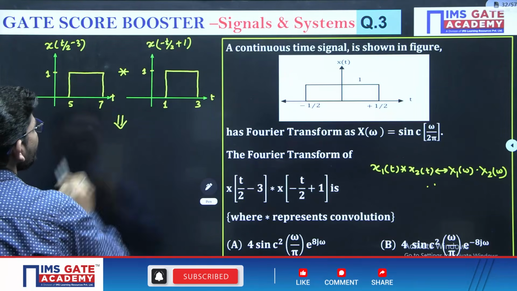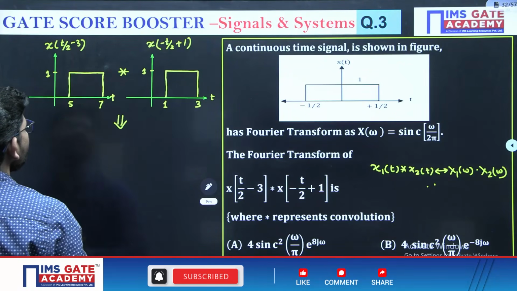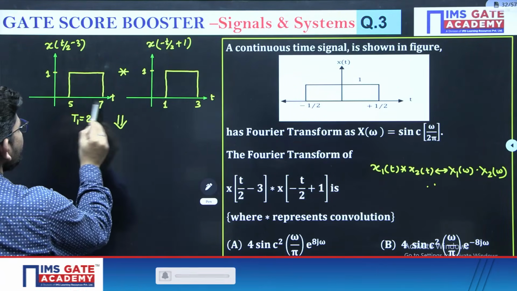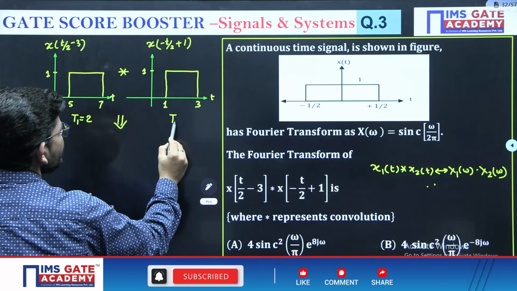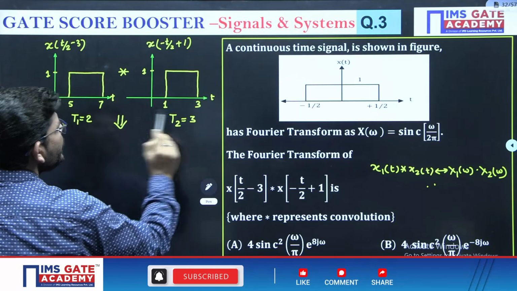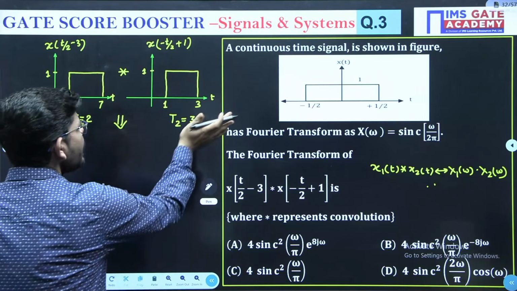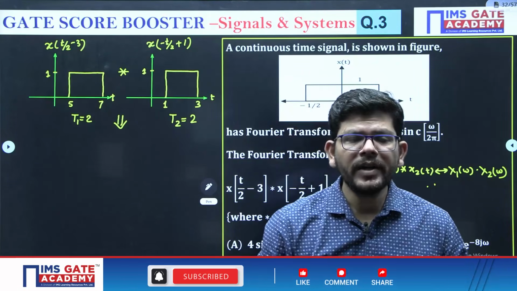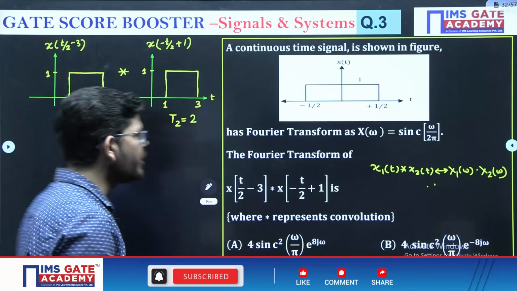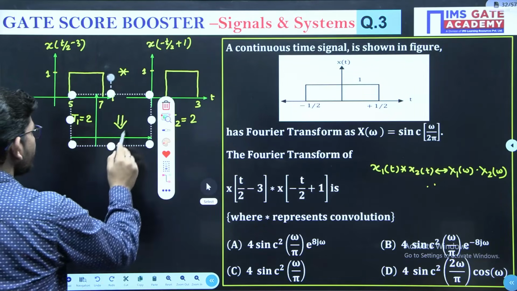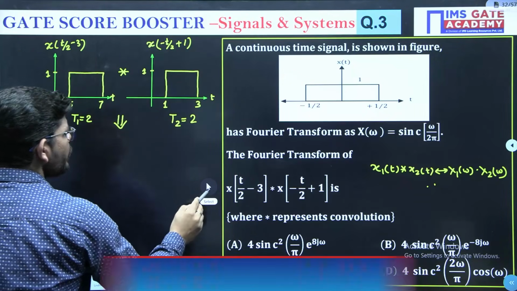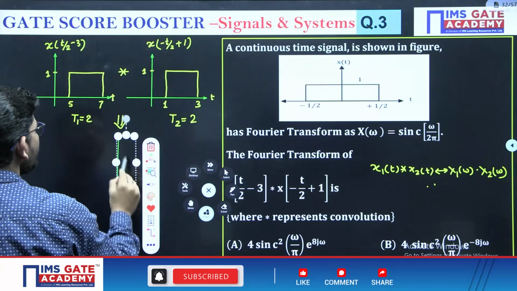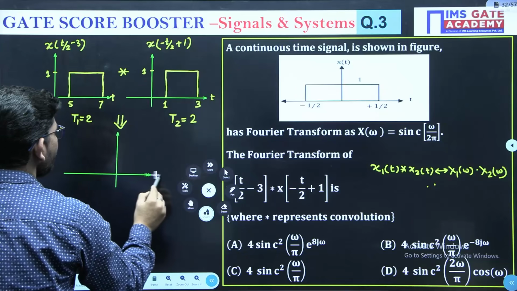So what is going to be the result of this convolution in time domain? See, this is a rectangular pulse in which the duration of the signal is 2. This is also a rectangular pulse in which the duration is 2, right? So they are two rectangular pulses of equal duration. Now the convolution of two rectangular pulses of equal duration is a triangular pulse. So you are going to get a triangular pulse,